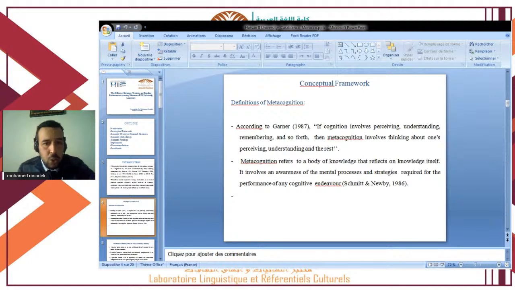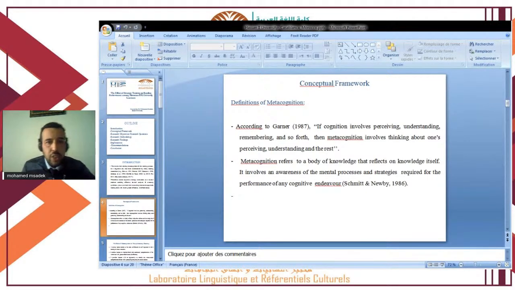So concerning the research methodology, this study adopts a quasi-experimental design, the control group and the experimental group. So the experimental group was exposed to a semester-long training in cognitive and metacognitive reading strategy instruction, and the control group remained intact since it did not receive any type of reading strategy instruction. So the control group took regular classes in the reading comprehension course without being exposed to any kind of reading strategy instruction. Therefore, the independent variable is the explicit instruction in metacognitive reading strategies, and the dependent variable is the learners' text processing performance.